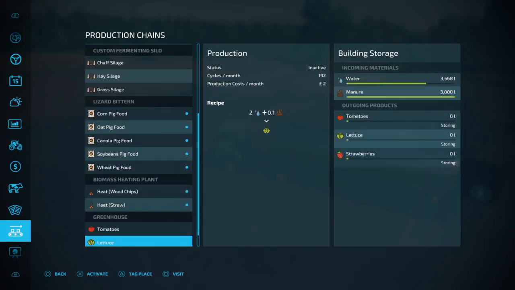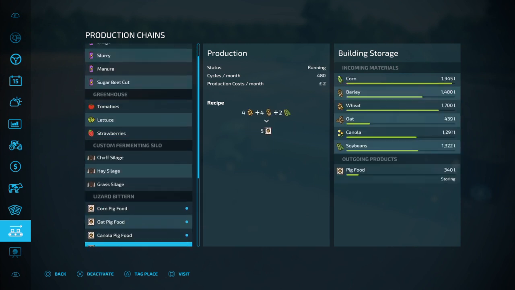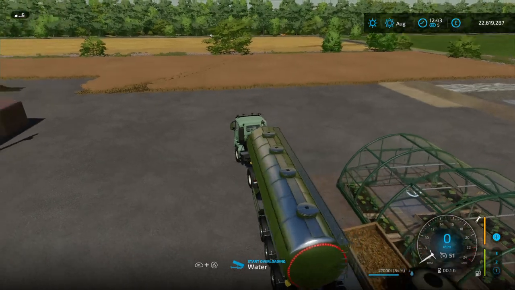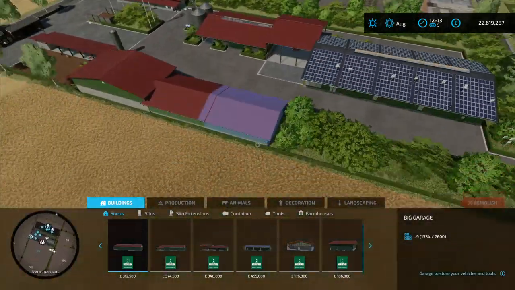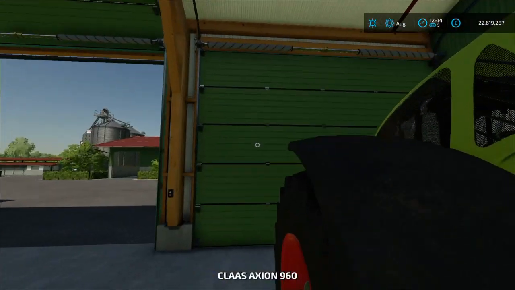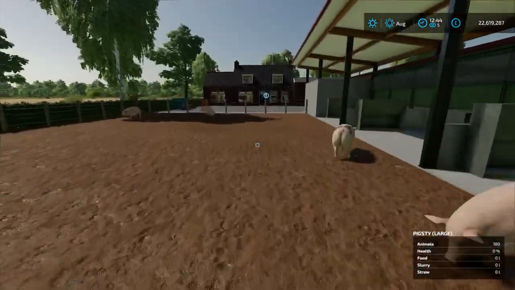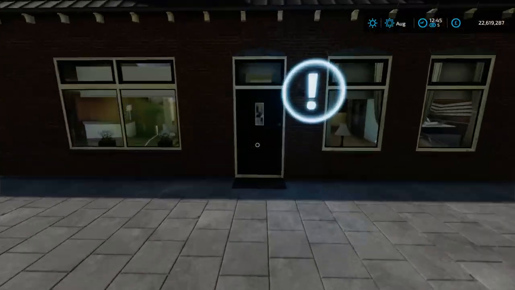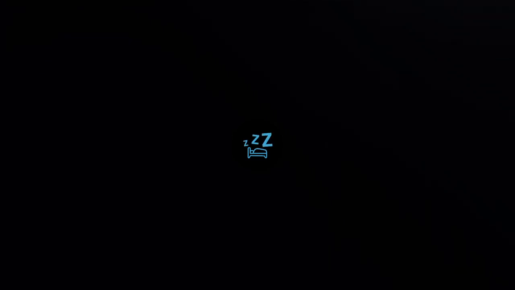So, I'm going to put the greenhouse on. Tomatoes, lettuce, boom. I'll just show you these charts. Yep, you can see. And then I'll just go down the pig zone to there, and I'll jump into September. 8 o'clock or something. And I will release